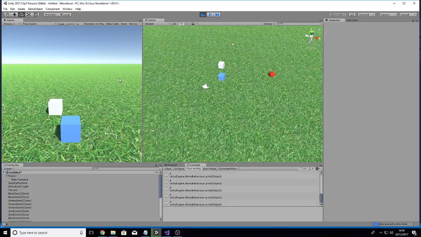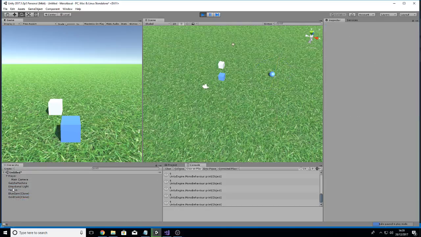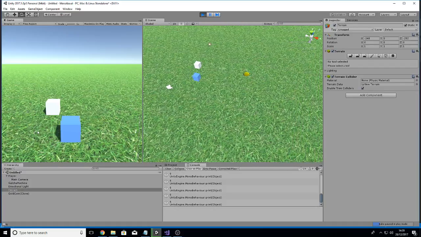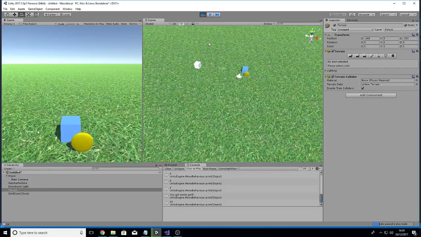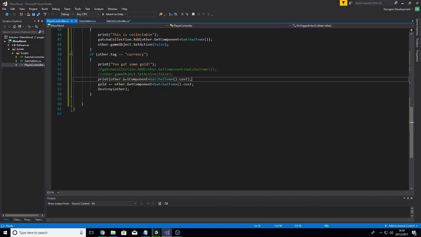Oh, you know what, let's have a look down here. We've got some gold coins, so I'm going to get rid of everything except our gold coin. And now I'm going to have a little walkabout and bump. 10. You got some gold 10. So it's definitely doing that, but